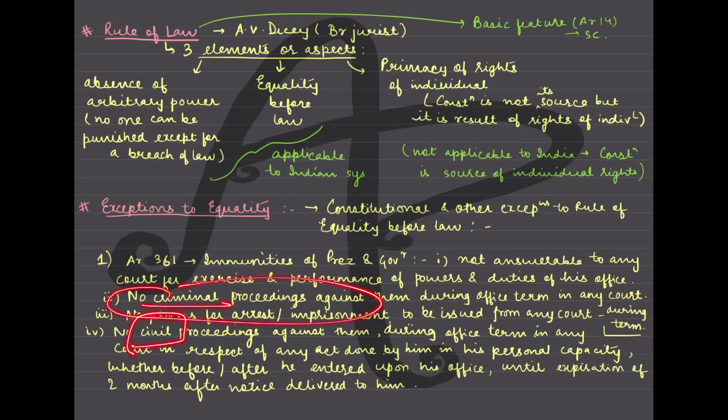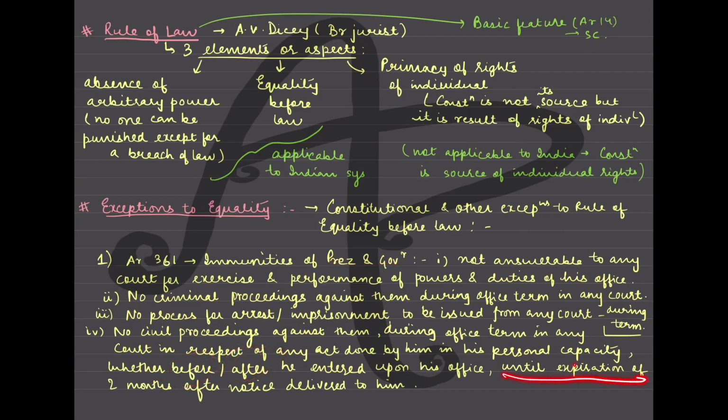What about the civil proceedings? So there will be no civil proceedings also against them during the term of office in any court. कोई भी कोर्ट कोई ऐसी प्रोसीडिंग नहीं चलाएगा in respect of any act done by him in his personal capacity. Even personally, if the president or the governor has done something and you otherwise find कि नहीं ये तो civil issues को deal करता है and civil proceedings होनी चाहिए, but it cannot be done in the case of president or governor. Now whether the person has entered the office उसके पहले या उसके बाद, in both the cases,